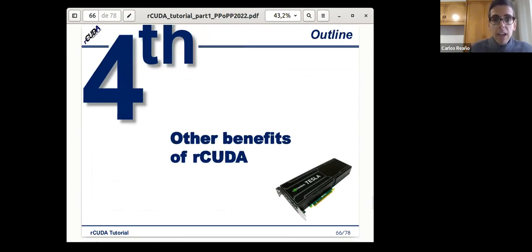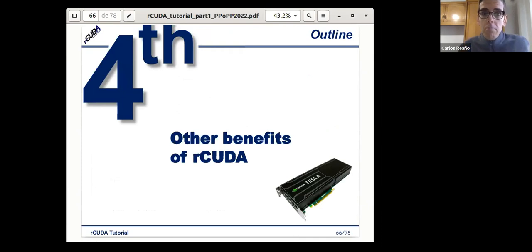Then in terms of performance, we can get similar performance to a local GPU when using a remote virtual GPU.